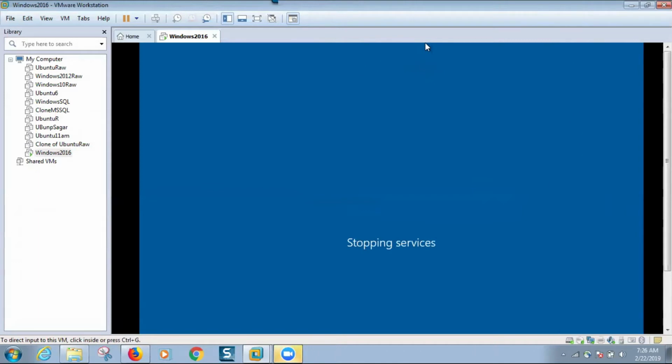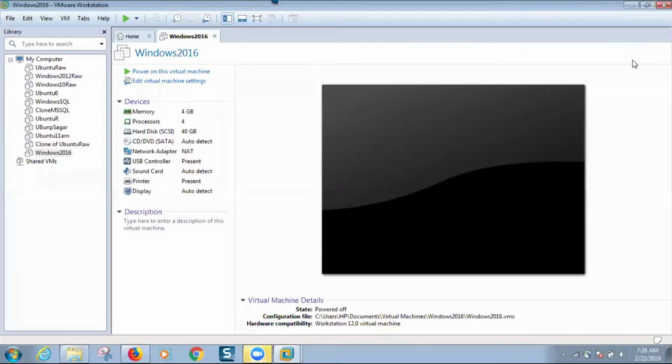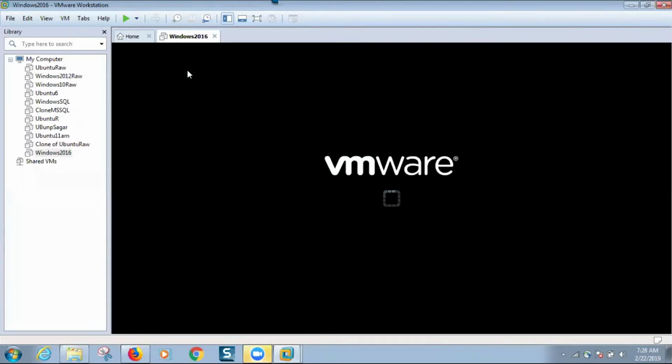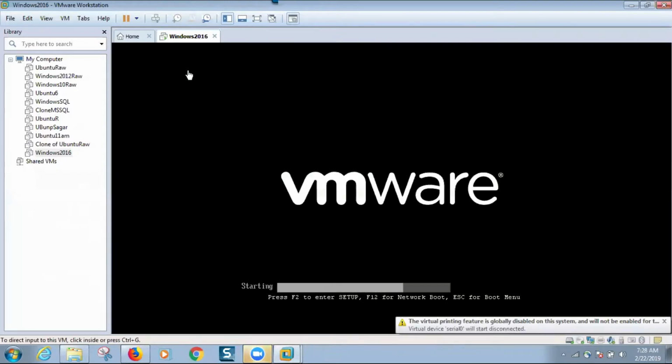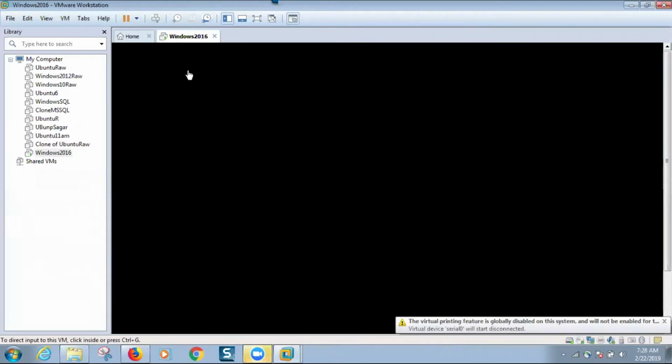See, you'll come to know some idea. Okay, I have given 4 GB of memory, processors 4, and I removed the software. Then you can power on the system. Okay, this is what we need to do.